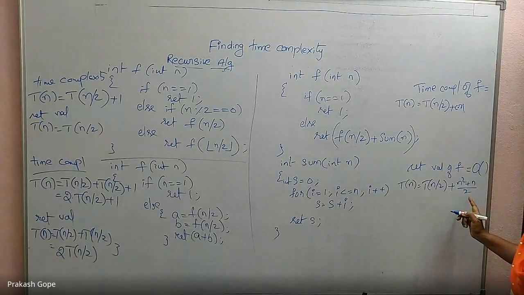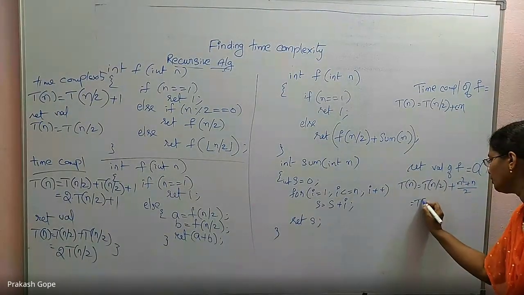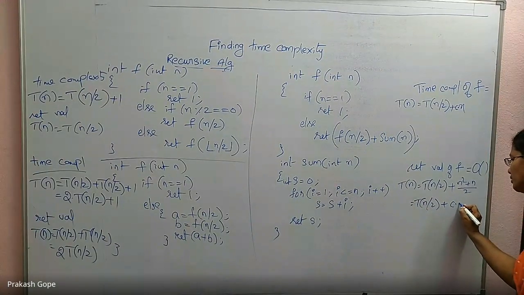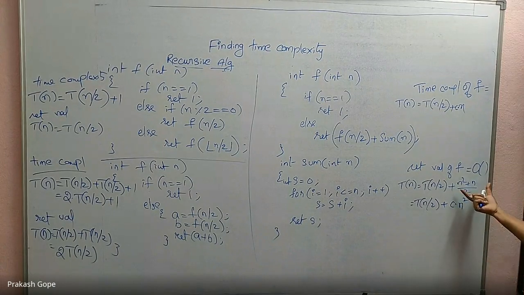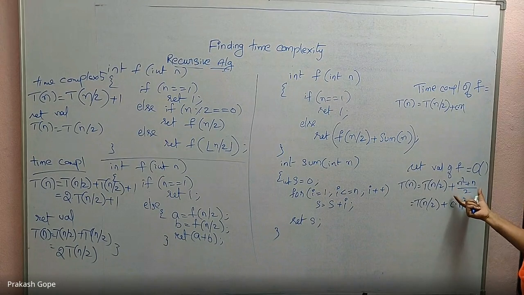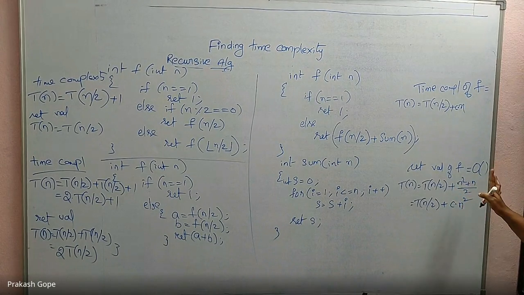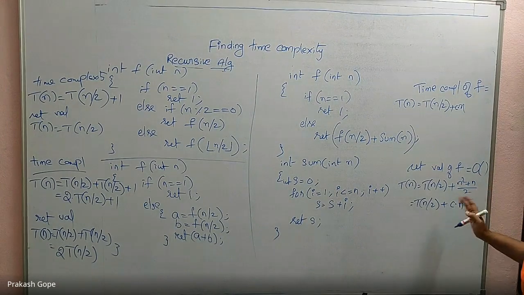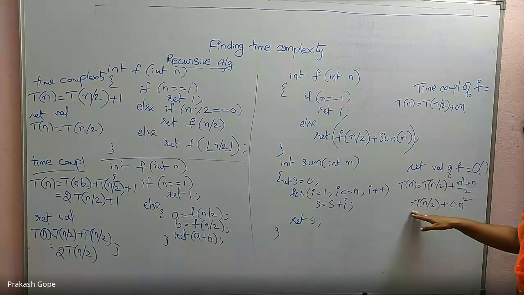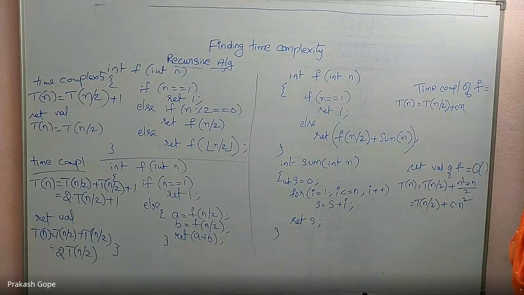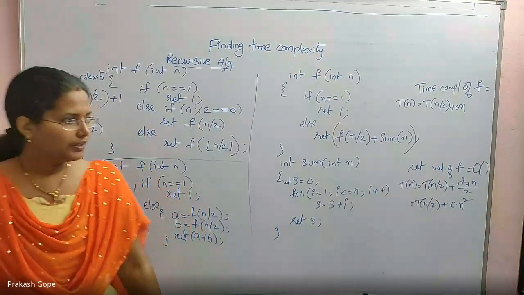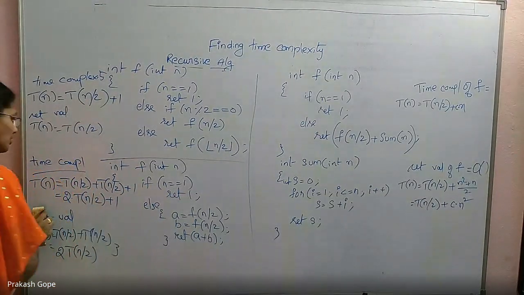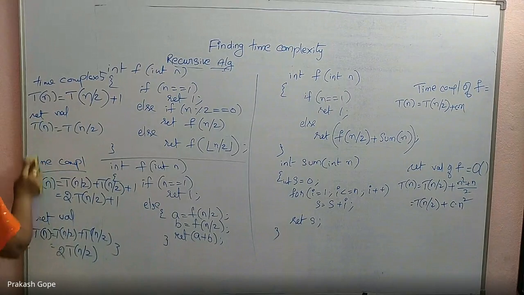That's why I am writing. Okay. But this one I can simplify saying T of n by 2 plus some constant into n square, because finally we are interested in the time complexity in big O notation. In big O notation, this is nothing but big O of n square. You can straight away say big O of n square also instead of writing c into n square. Okay. So this is the return value. So we will solve this to say what is the return value of this function in terms of big O. Right. So we learned how to write the recurrence relations. It's clear, right? Recurrence relations for time complexity as well as for the return value.